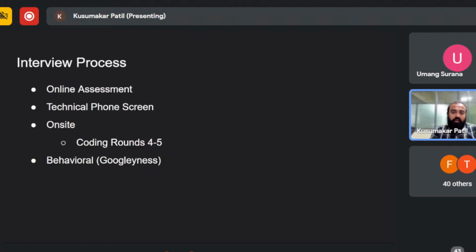Here, the online assessment is subjective. They might or might not take the online assessment. Nonetheless, I'll tell you what will be there in the online assessment. No aptitude, nothing. There will be two coding questions, and the level of questions will be easy to mid level, not hard. Since you are a fresher, they'll be expecting that